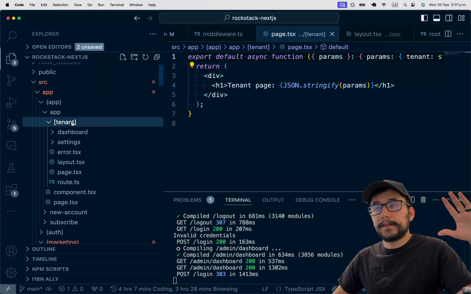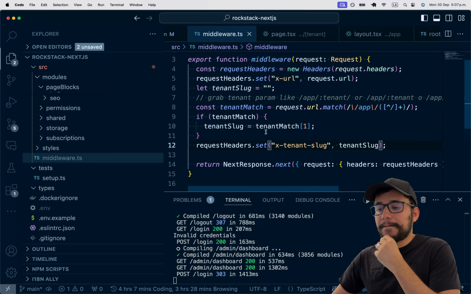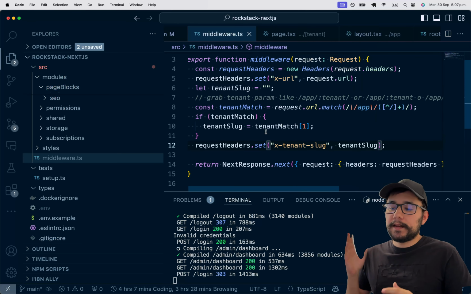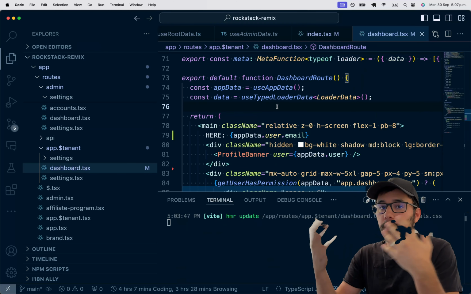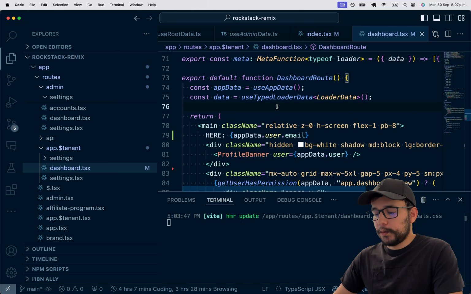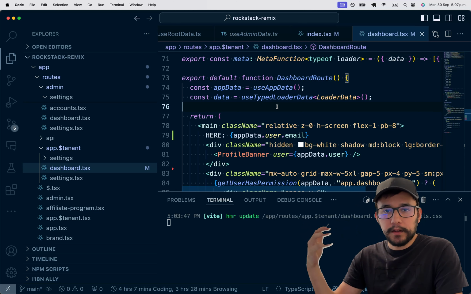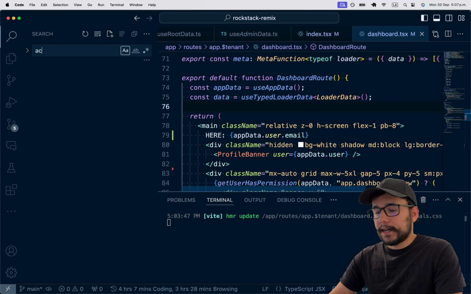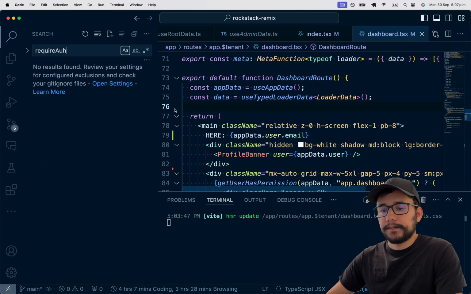So I need to use that on the actions. So on Next, I override the default headers and put that there. On Remix, since there's no out-of-the-box middleware, what I do is on every action and on every loader, I need to have this either require auth,